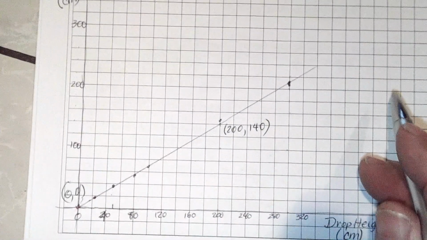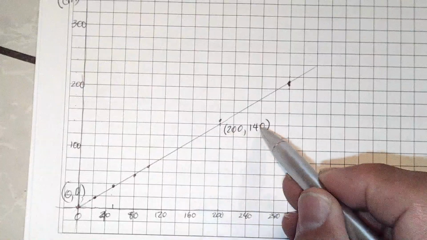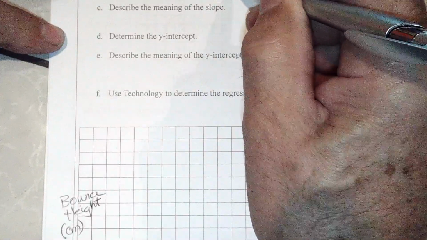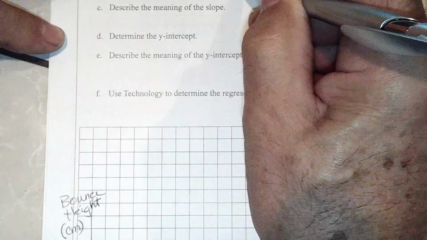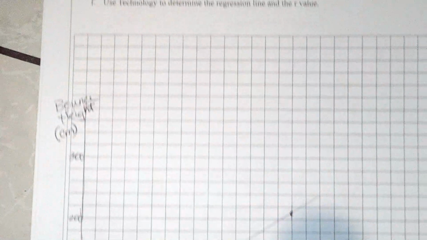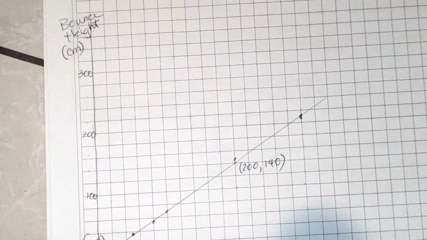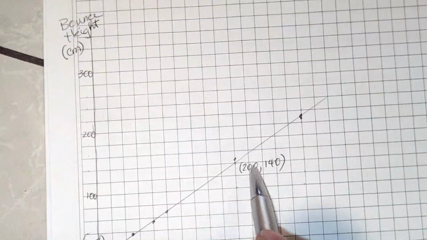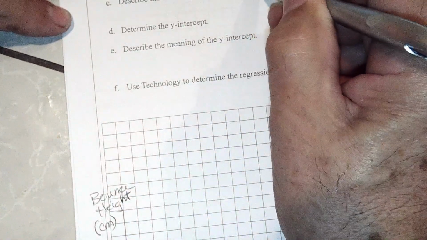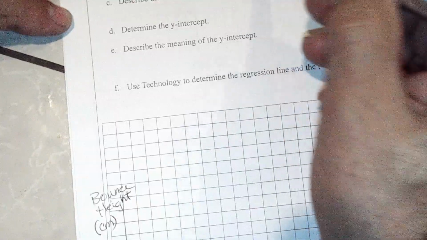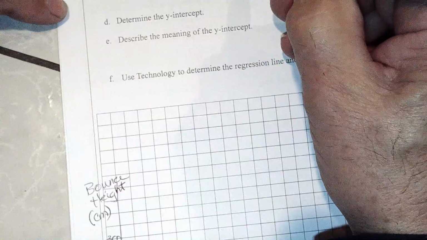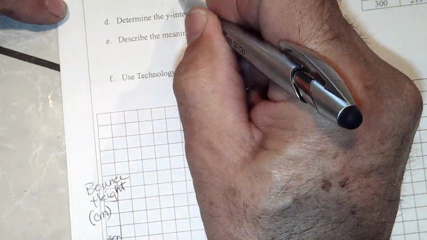So the change in y goes from 0 to 140, as the x goes from 0 to 200. Centimeters will cancel, so it's 140 over 200, which is